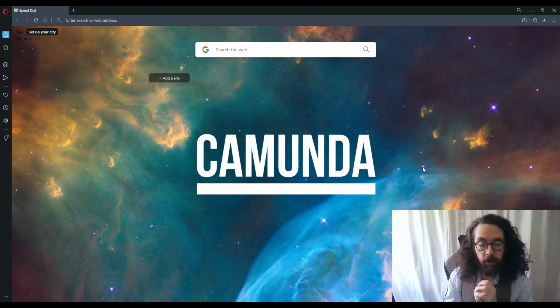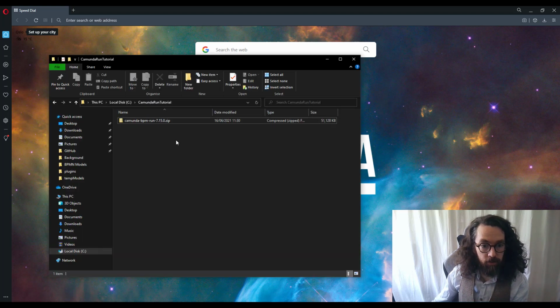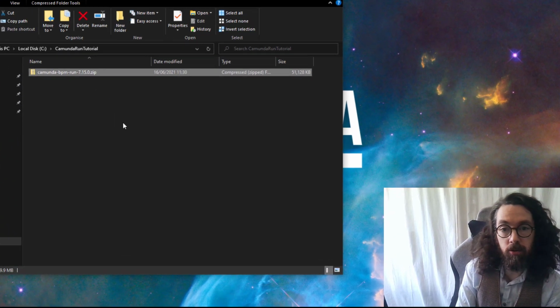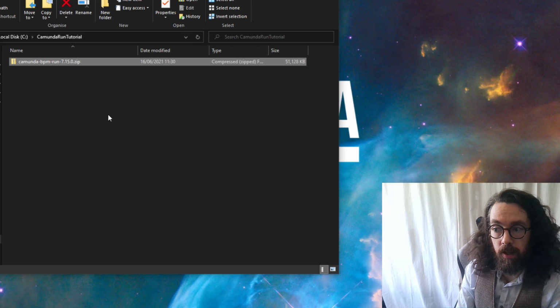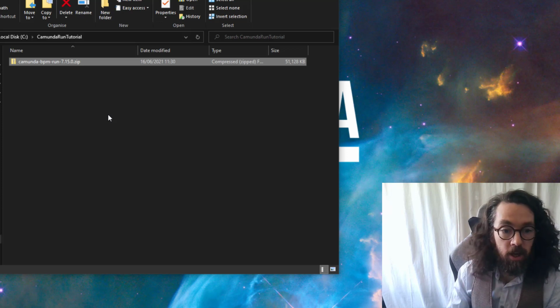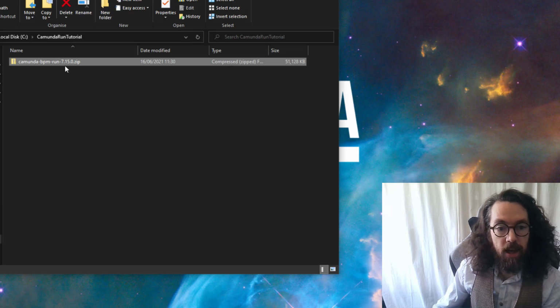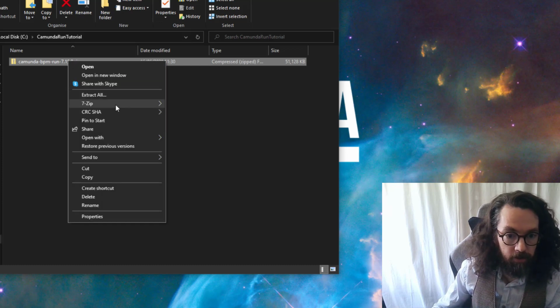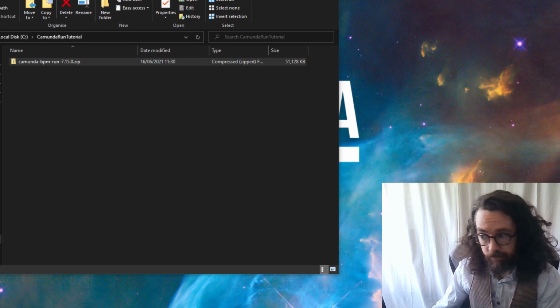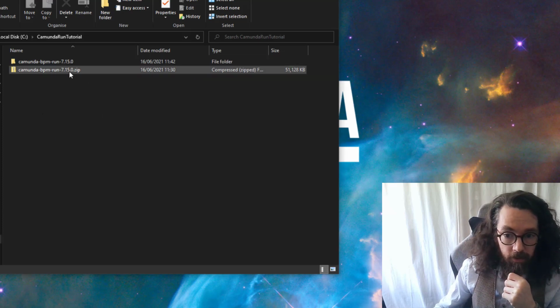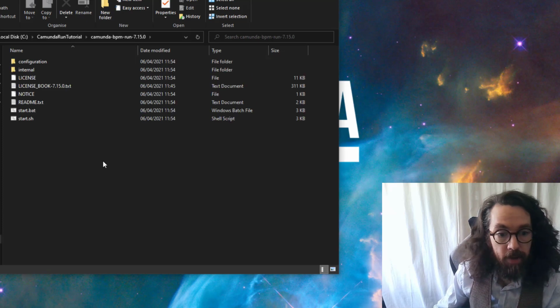As I mentioned, we are going to start with Camunda Run and explaining how the whole thing works. And I've already downloaded it. It is right here, a little zip file. If you go to camunda.com and the download page, you will download Camunda Run there. It's the first thing. And you'll get this little zip file. So I'm going to right click and unzip it, and I'll talk through what's there. It unzips into this little guy. It's only about 50 megs.